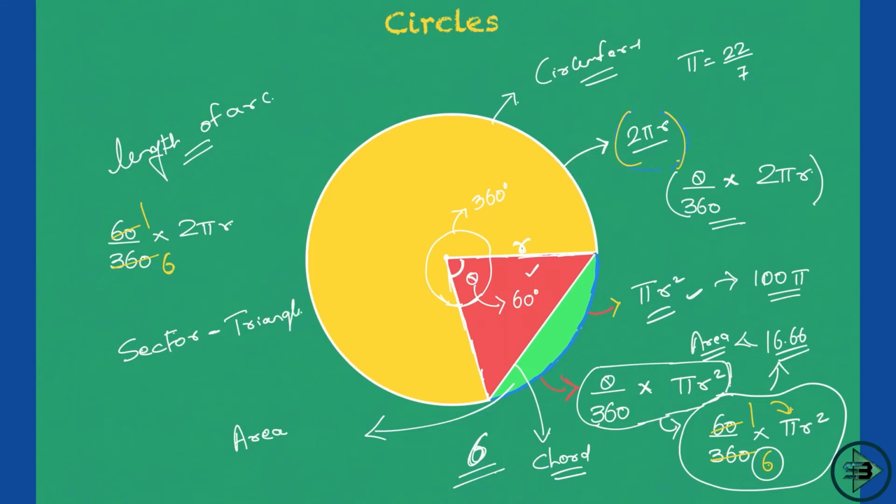Correct? If I subtract this, so entire red part, if I take this triangle out of that, what will be left is the green part. So you will say area of the sector minus area of the triangle will be equal to the area of the segment. Now you will ask me a simple question, sir, how will I find out the area of this triangle? Okay, I know the area of the sector, but if given only this theta and this radius r, how will I find out the area of this triangle?